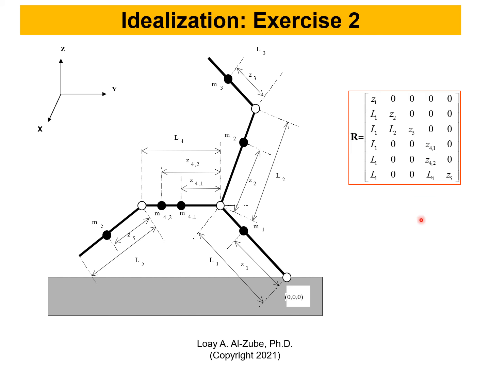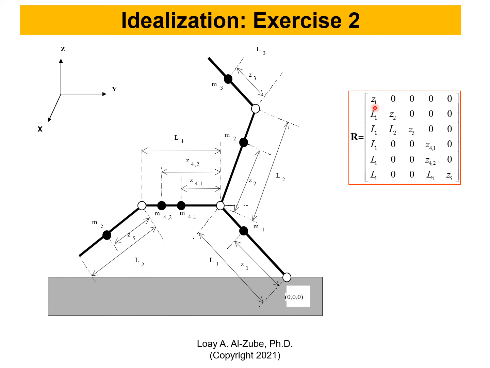Here's the thing. I need to start from an origin, from the starting point, correct? Now, this starting point, how far on the first segment is my first mass? Remember, those segments are weightless, correct? So they do not contribute to movement or acceleration. The only thing that contributes to movement and acceleration is the mass. So the first segment is L1, but my mass is Z1 away from the origin, and that's why I put Z1